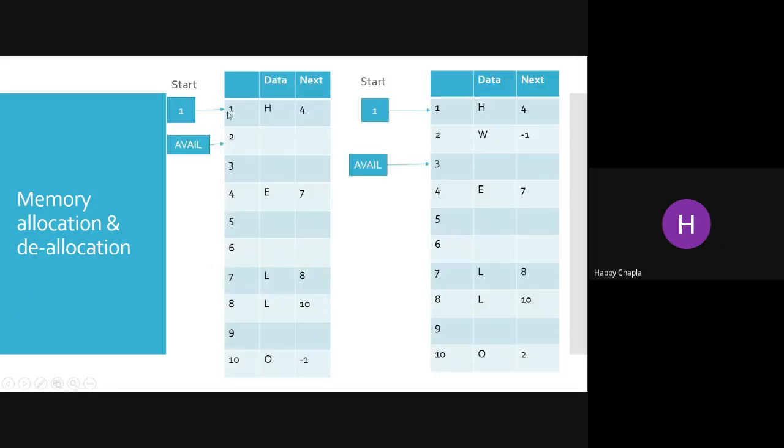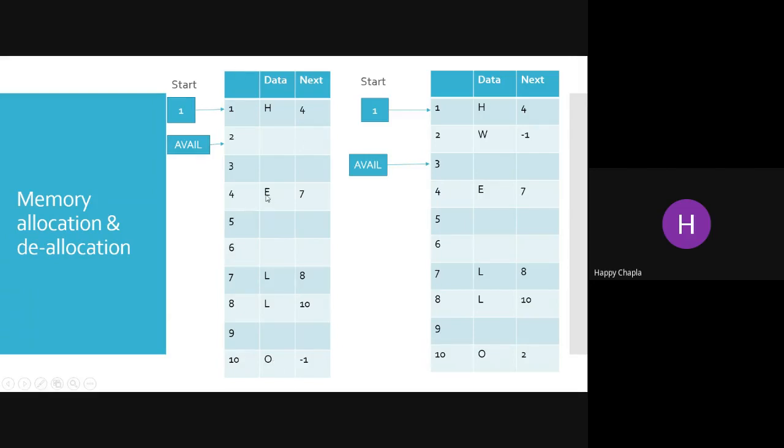Here we have one more new variable which is known as avail. Now what is the requirement for this avail? After storing hello, if I want to store hello world, how can I find the available memory space?